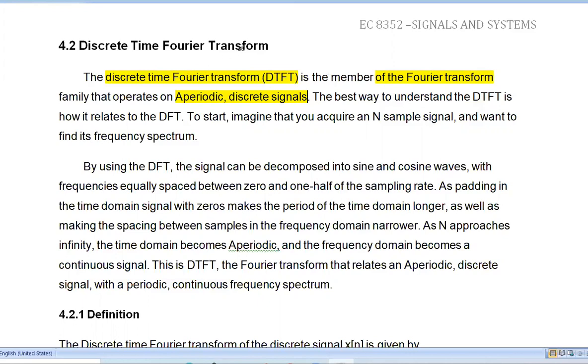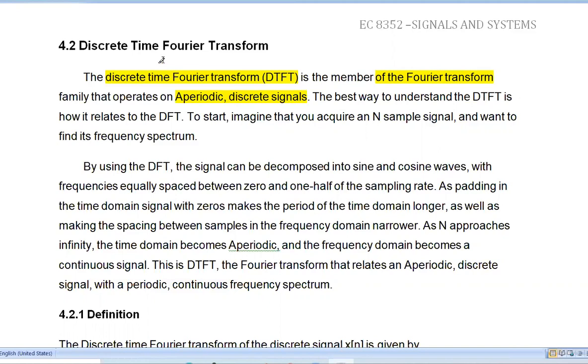In the second unit, using the continuous time Fourier transform, we solved many problems: find the Fourier transform of unit impulse signal, unit step signal, ramp, rectangular pulse, exponential signal and so on. Similarly, in this fourth unit we are going to analyze discrete time signals, that is discrete unit step, discrete unit impulse, discrete ramp signal and discrete rectangular pulse. All types of discrete signals are analyzed using the discrete time Fourier transform.